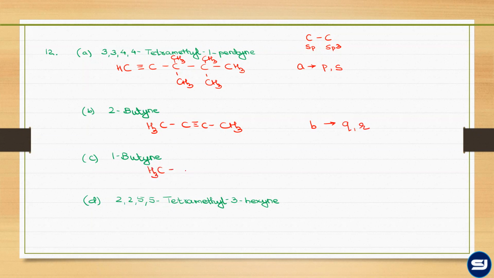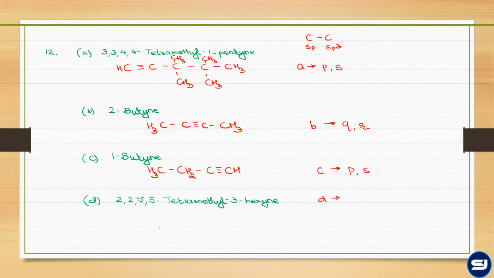Whereas but-1-yne, which is having the acidic carbon, here how many carbons are collinear? 3. And substitution will give how many unique products? 3, because you can substitute the H from here, from the CH2 and from the triple bond CH. So C will match with 3 carbons collinear and 3 different products, PS.